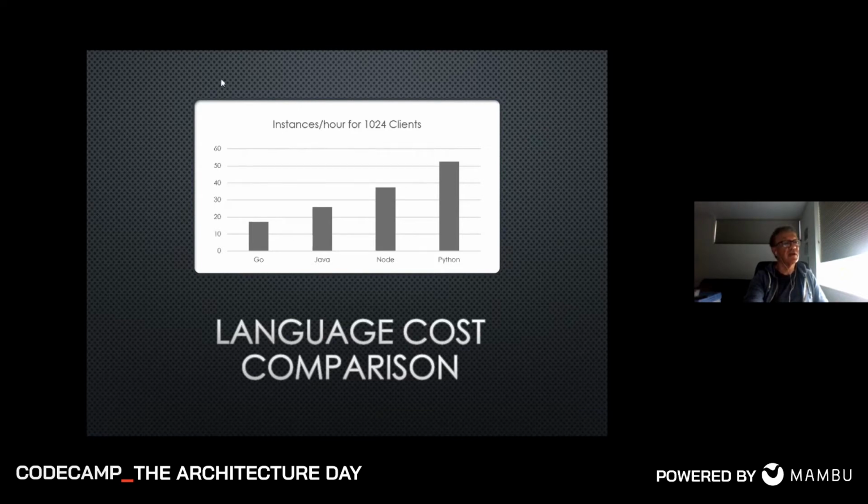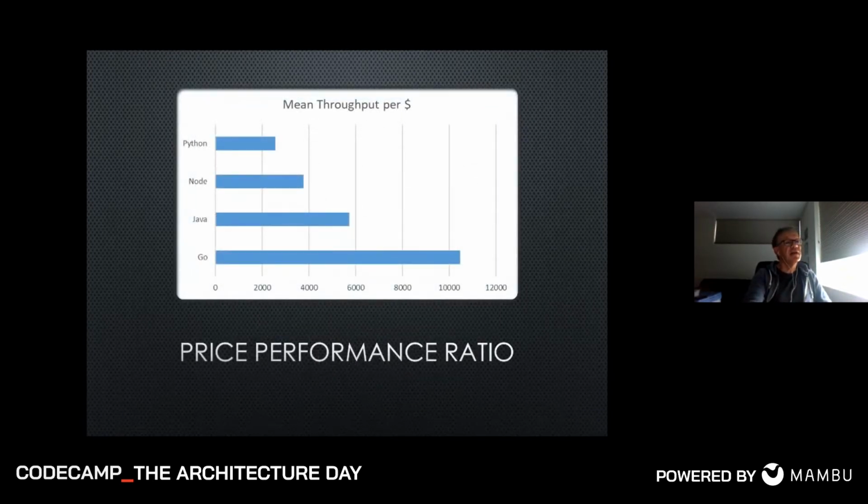Java and Node kind of in the middle. Java using less instance hours. Node actually, because Node is single threaded, it deploys more Node server instances into Google App Engine, hence you pay more. So if we then look at this from a price performance ratio perspective, so just a slight bit of mathematics in the background, we can see that for our dollar cost, we're getting a lot of requests per second from Go, over 10,000 per dollar. Whereas in Python, we're getting 2,500, 3,000, and Node and Java again, somewhere in between.